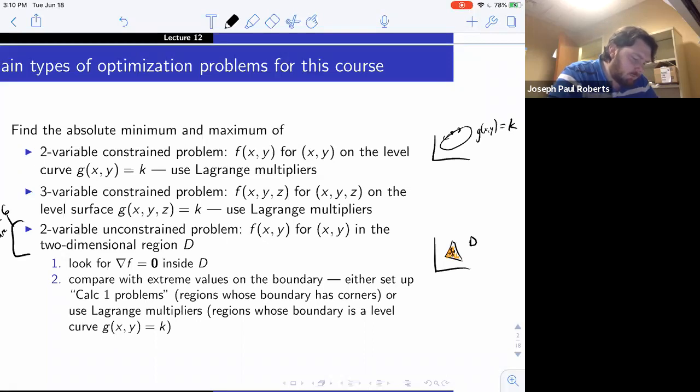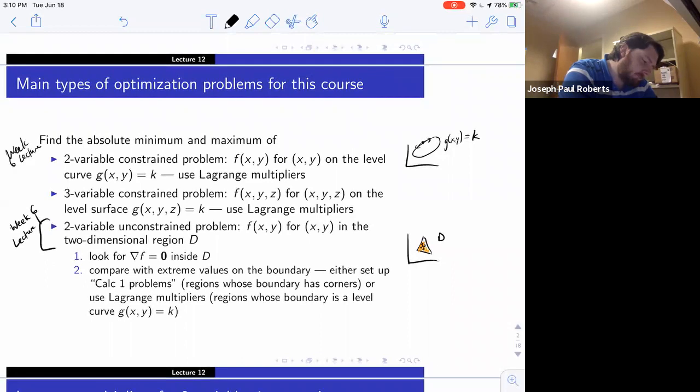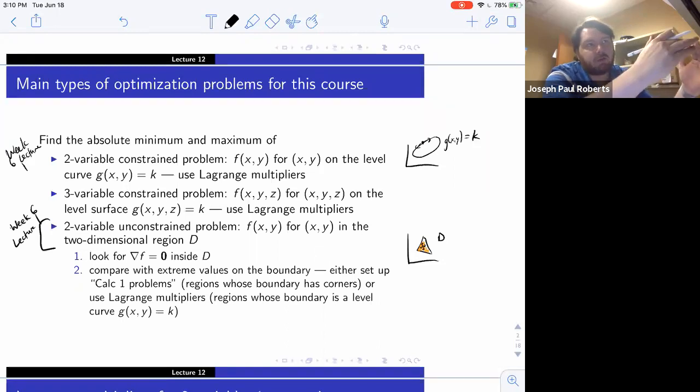We approached these problems differently. We did the unconstrained one first, and it was a two-step process pretty similar to what you had in Calc 1. The first step is you find your critical points, which in this case is when your gradient is the zero vector, which is just another way of saying both partial derivatives are equal to 0. Then in Calc 1, you check the endpoints, the boundary, which didn't need calculus because it was just two endpoints. Big deal: f of a, f of b, takes 2 seconds to plug those in and compare the values with